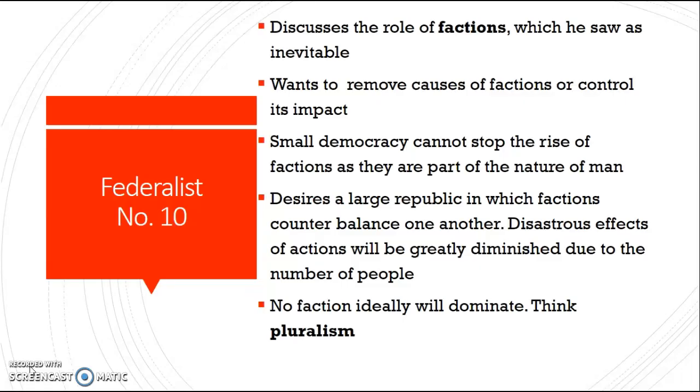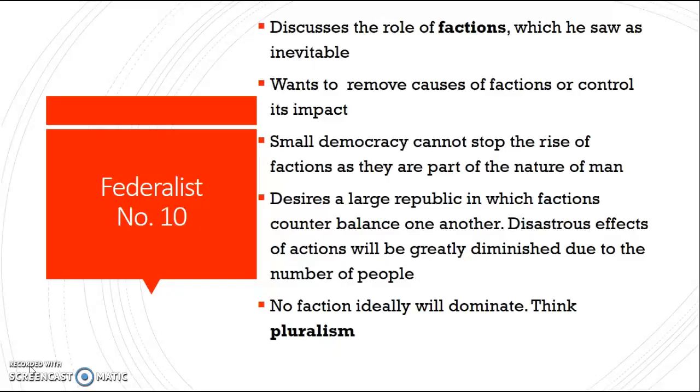Now for Madison, he sees factions or the rise of groups as inevitable. Certainly he wants to remove the causes or just simply control its impact. And since he sees that removing the causes of factions would infringe upon people's liberty to form them in the first place, he sees it better to try to control their impact. And he says a small democracy cannot stop the rise of factions as they are part of the nature of man. So he's going to advocate that we cannot work in a small democracy with 13